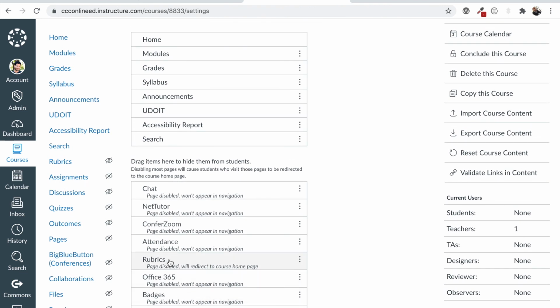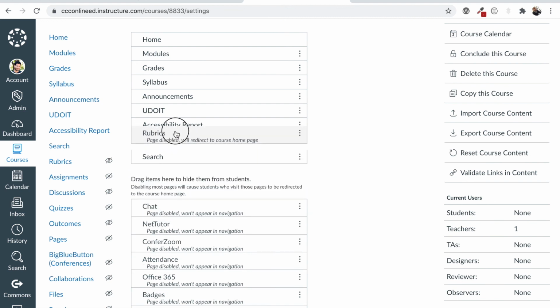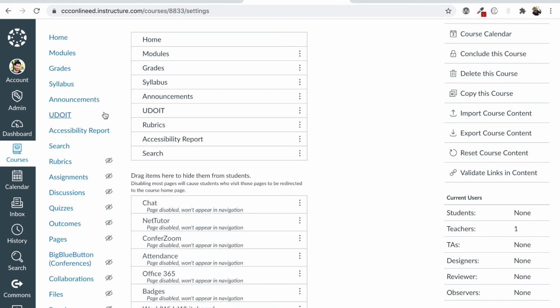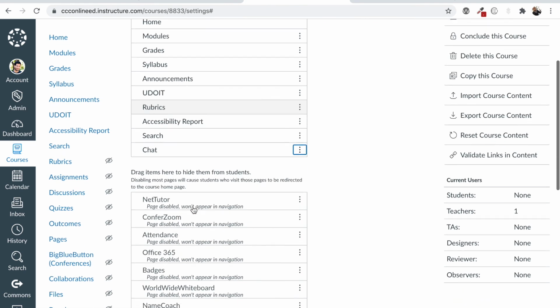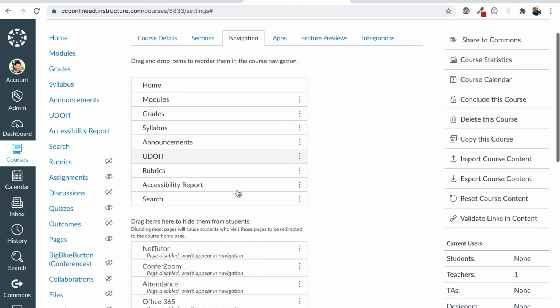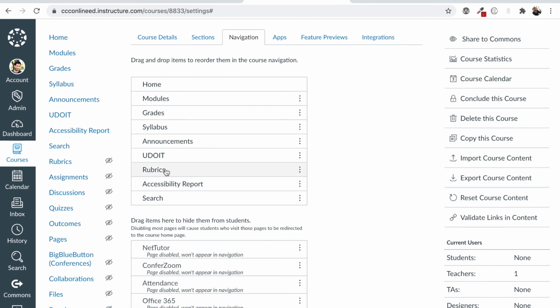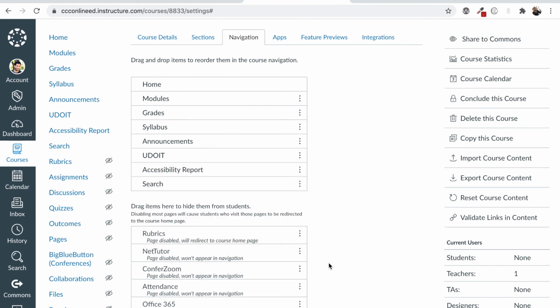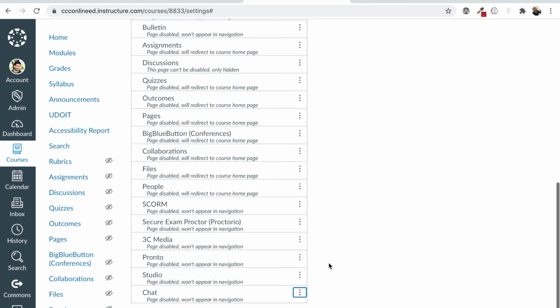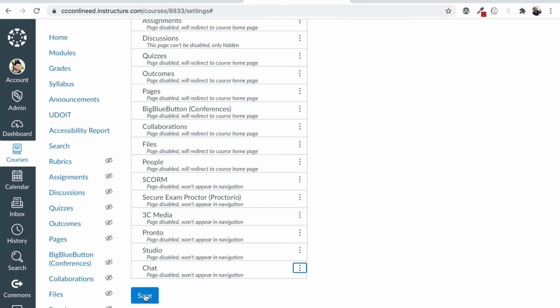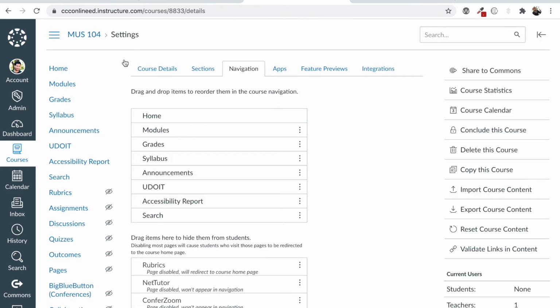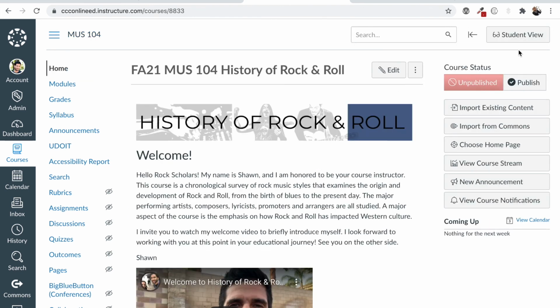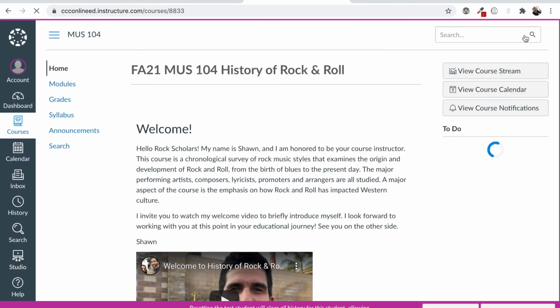So you can simply drag and drop items that you want to show to students, or you can use the 3-dot menu to enable. And similarly, you can disable items that you don't want them to see, or drag and drop. Once you have your navigation menu the way you want it, select Save at the bottom, and then you can go back to the home page and check what students will see.